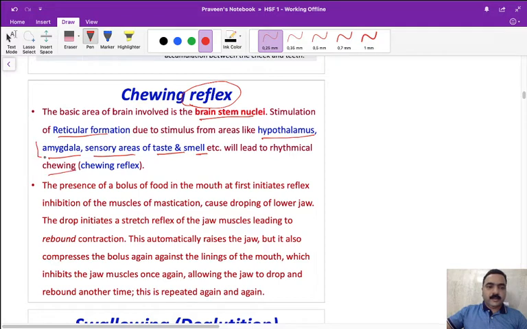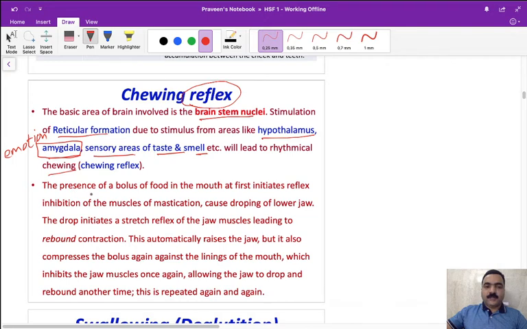You can see it's linked with the amygdala, the emotional brain, the emotional nucleus, so it is more related to emotions. You might have heard that small kids, when they sleep, chew under emotion. When they have some emotions going on in their mind, they do the chewing during sleep. We call that condition bruxism. That is why the amygdala and emotions are involved. Even as adults, when we get angry, we may have the sensation to chew or bite very strongly. And normal chewing acts as a reflex.